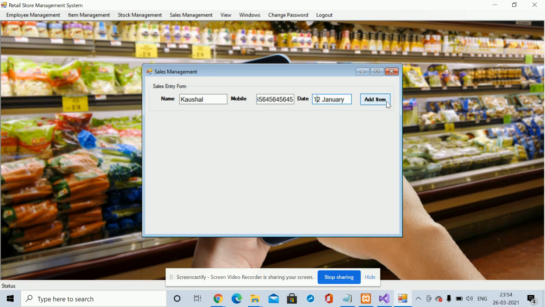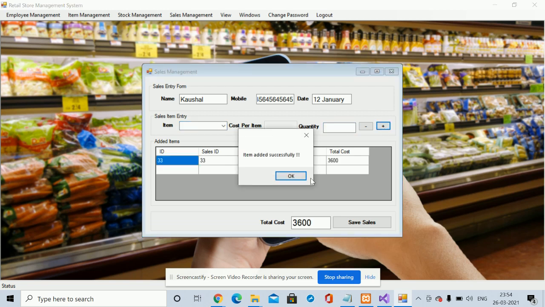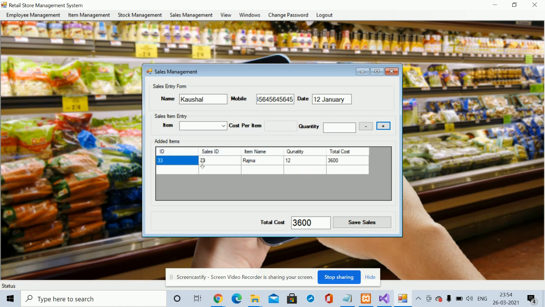Once you click on add item, it's adding the item into the cart, right? Here you need to select the item. It's saying that the price is 300 rupees per item, and here you need to enter the quantity and hit the plus button. That item will be added, and you can see the total cost.